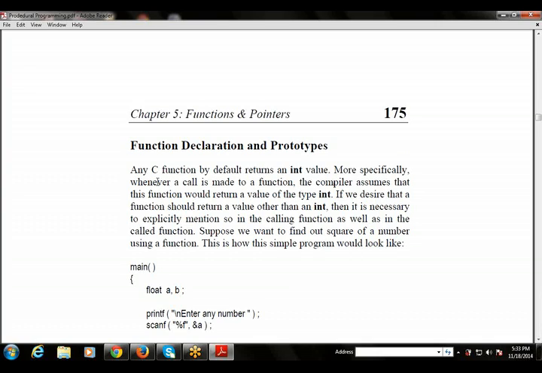More specifically, whenever a call is made to a function, the compiler assumes that this function would return a value of type int. That is, by default the function returns an integer value when nothing is given. If we desire that a function should return a value other than int, then it is necessary to explicitly mention so in the calling function as well as in the called function. Suppose we want to find out the square of a number